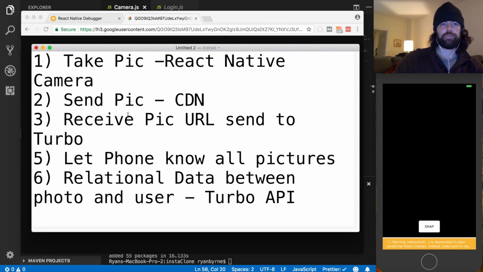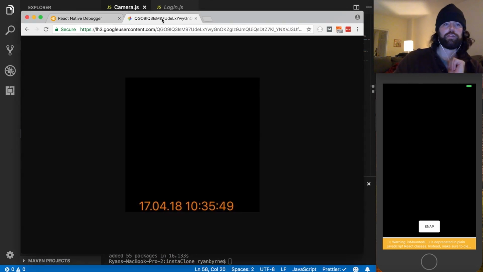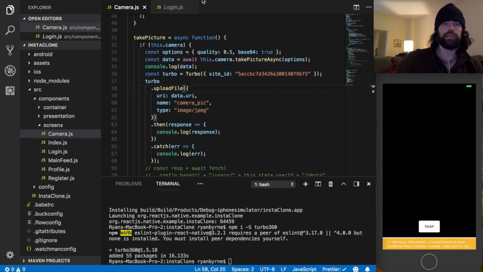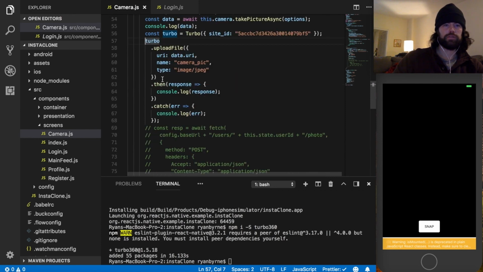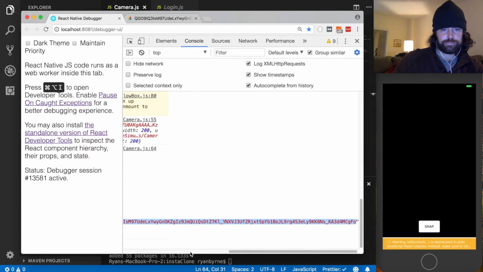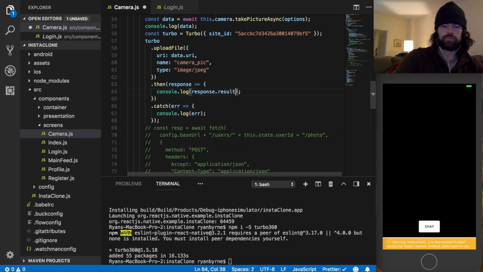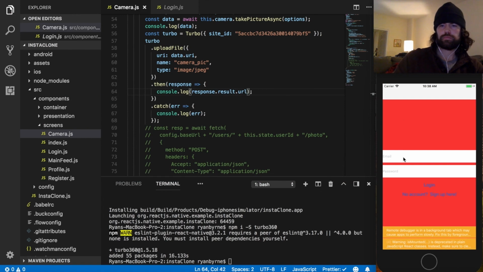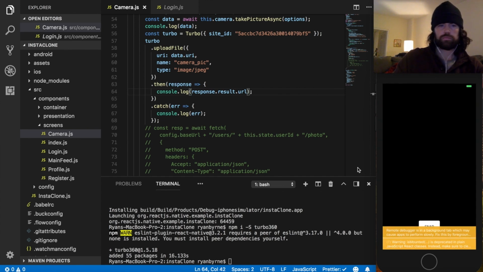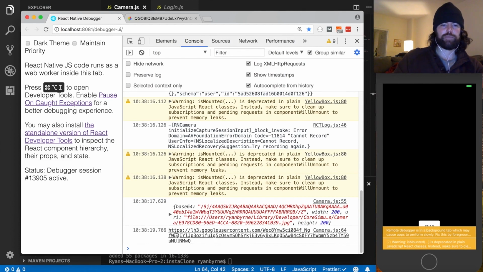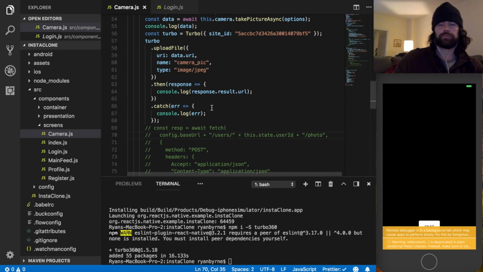Okay, so the same idea. We're just going to the CDN before we go to our database. So we got this callback. This basically is lost for us now. So what we need to do is console log the response. So what we want is response.result.url. Yep, see that we have that here. Let's take that and send it to our server,